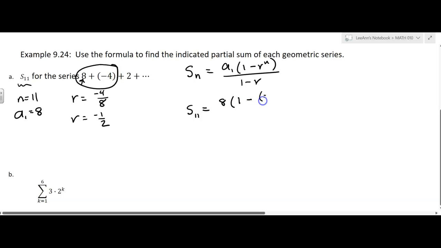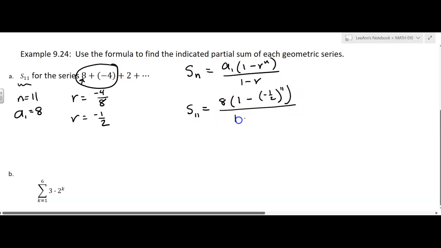It was -1/2. You could make that a decimal if you wanted, -0.5, which might be convenient for the calculator, over 1 minus -1/2. Okay, so got some work here to do. Now that's going to be 8 times